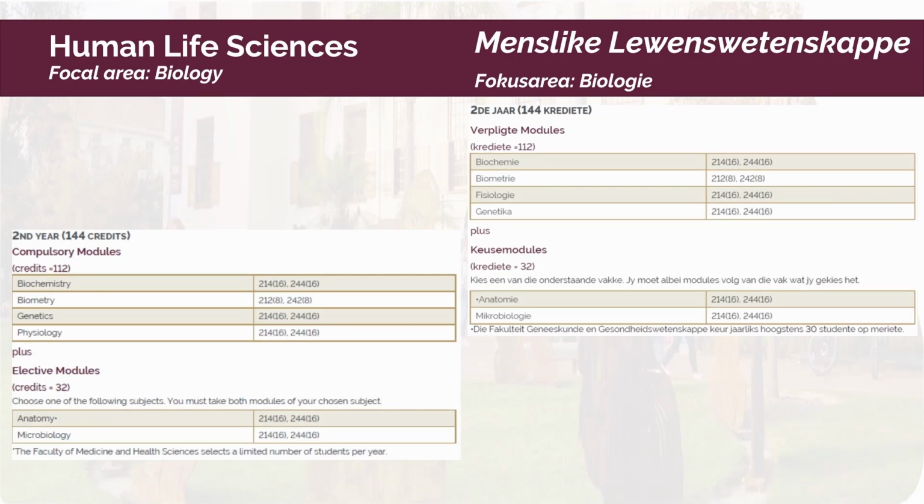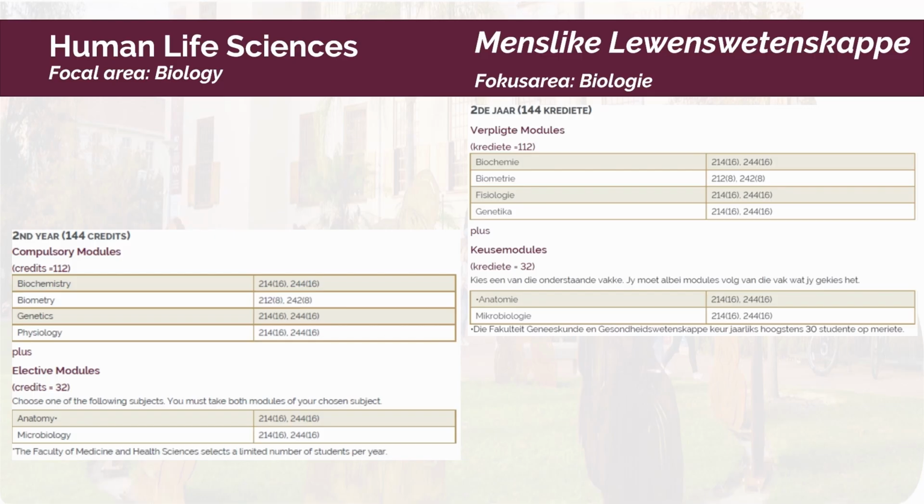The prerequisites and co-requisites that I was talking about earlier will be explained briefly here. In your second year, in the focal area biology, there is a pass prerequisite for physiology 214 and 244.